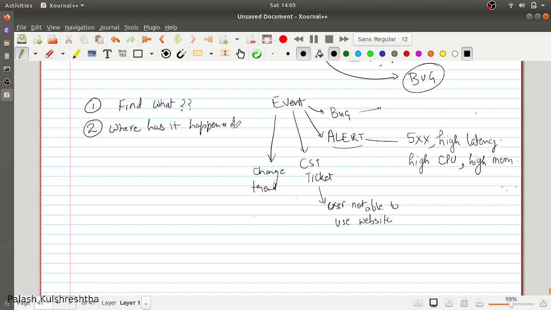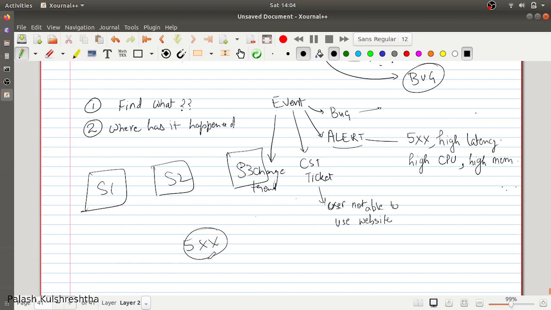The next step for debugging is where has it happened. Sometimes you see alerts saying there are 5xx in the system. You know what has happened, but you don't know where those 5xx were observed. You can have different services present, for example service 1, service 2, and service 3. If it was only said that 5xx has been observed, but not where, how can you go about checking that?